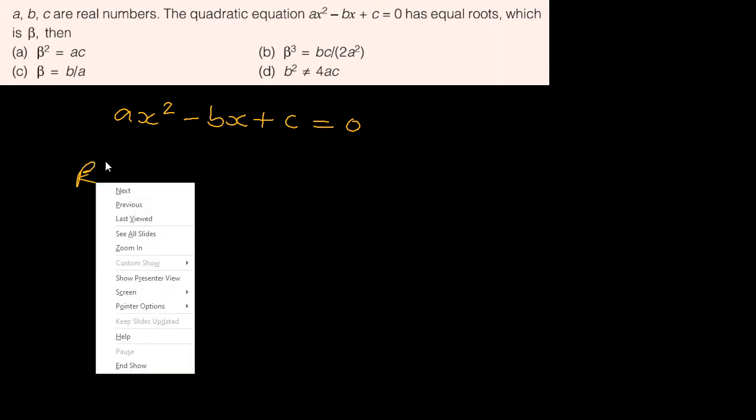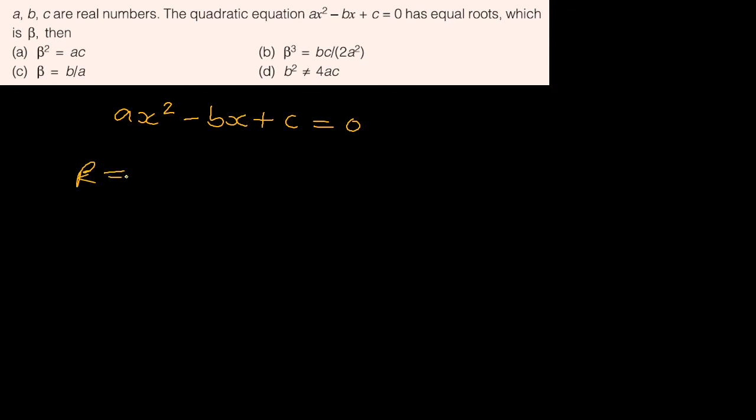Let's start with the quadratic equation. The equation is ax square minus bx plus c is equal to 0. This is the quadratic equation. Here the roots are equal and denoted by beta, beta is equal to